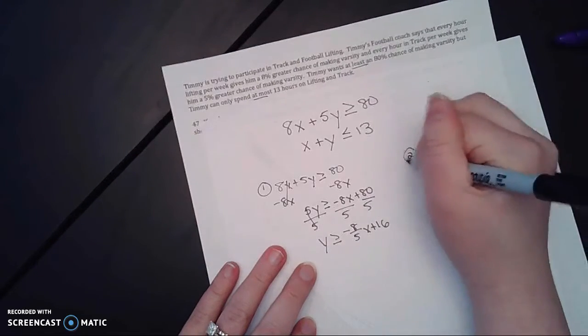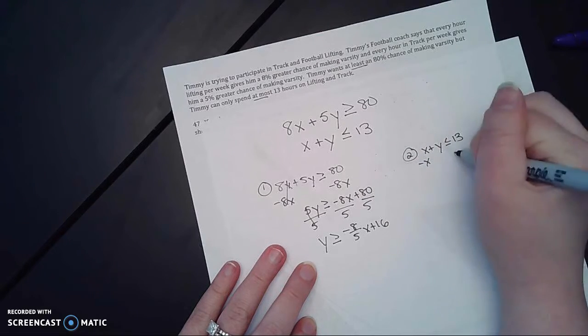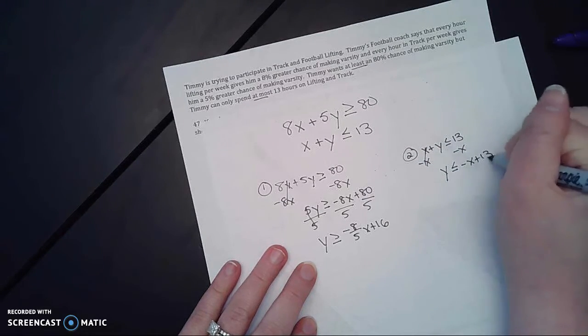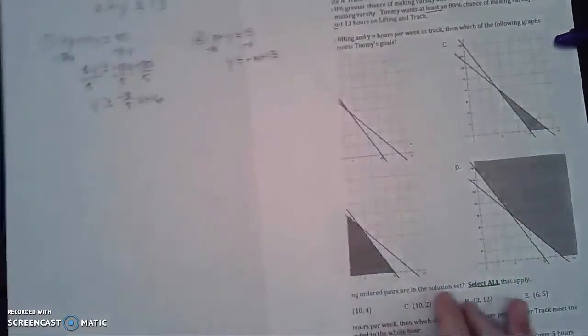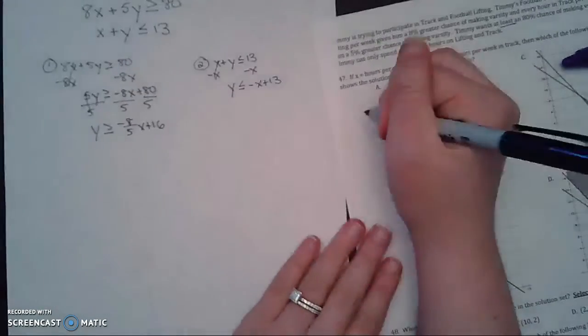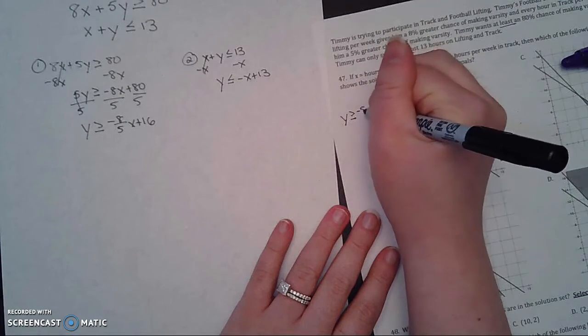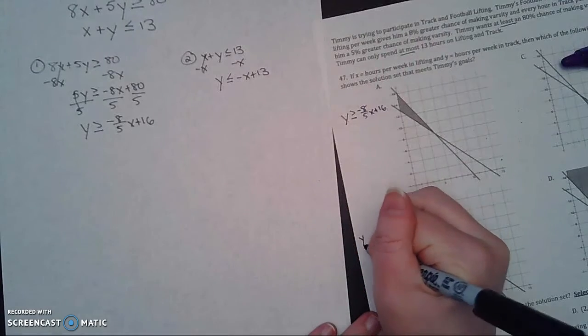And my second equation will be x plus y less than or equal to 13. Subtract x from both sides. y is less than or equal to negative x plus 13. So I am going to write them on the side here. y is greater than or equal to negative 8/5 x plus 16, and y is less than or equal to